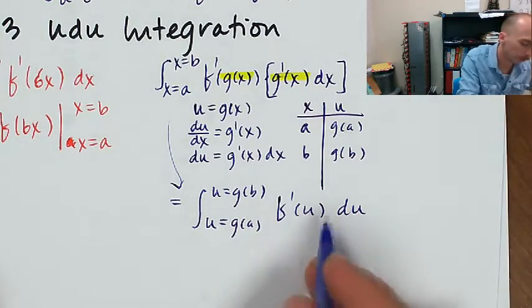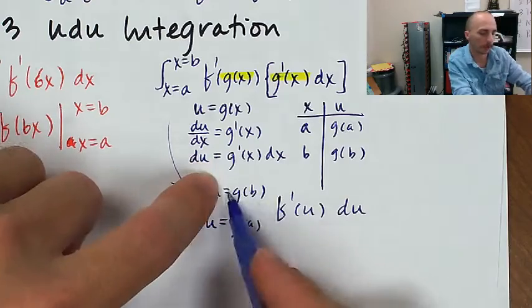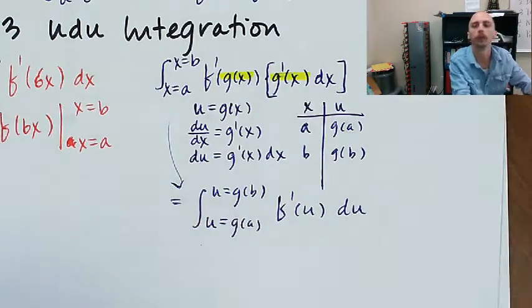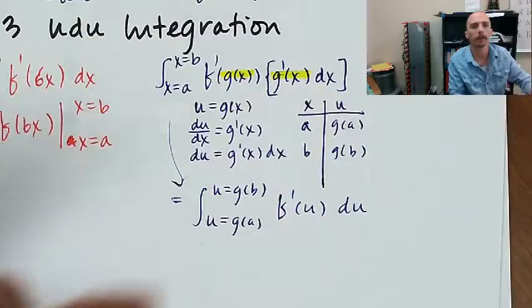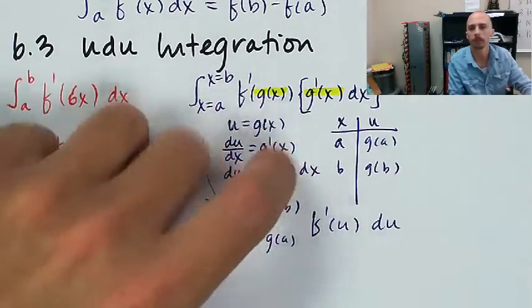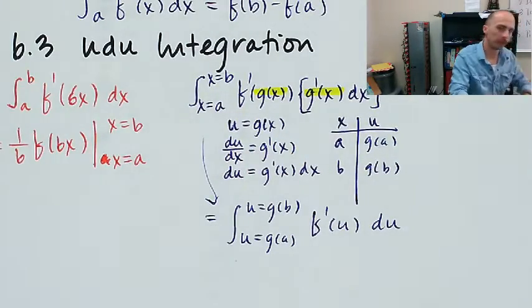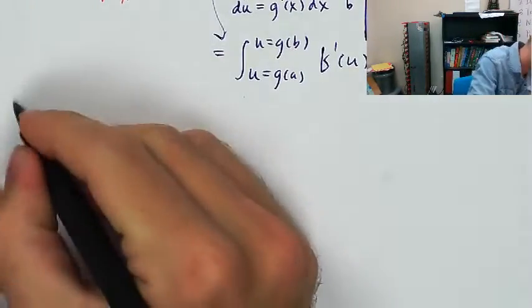Take that antiderivative, that's going to be f of u. And then you would plug in this u value and that u value, and you would subtract them. Okay, and that's change of variables. But this is just the setup. I will work one of these momentarily. Then in the fourth lesson,